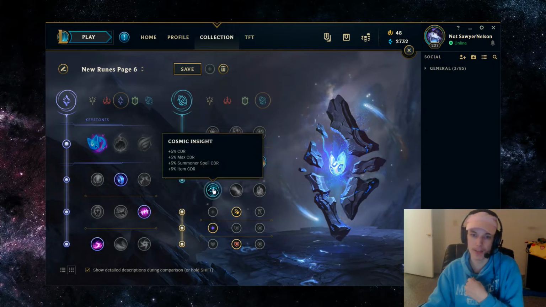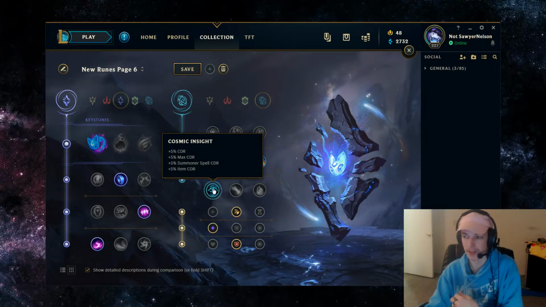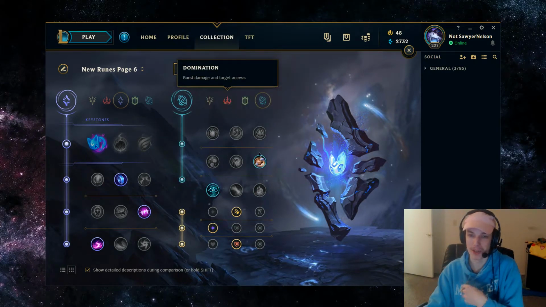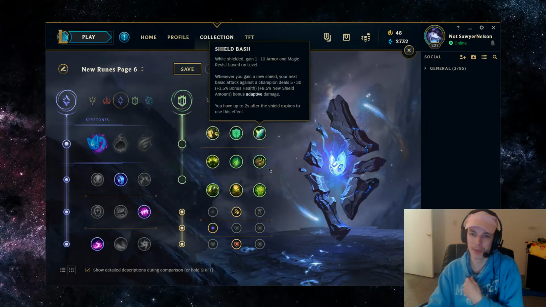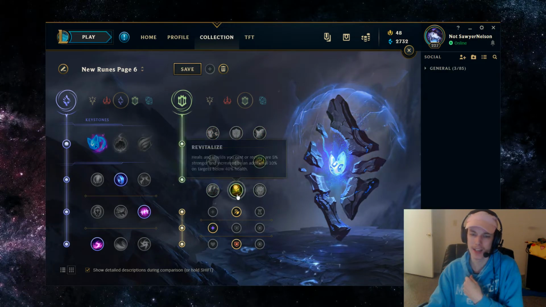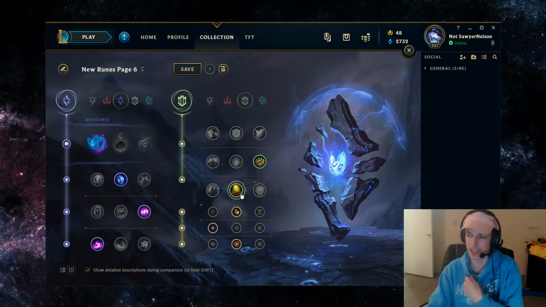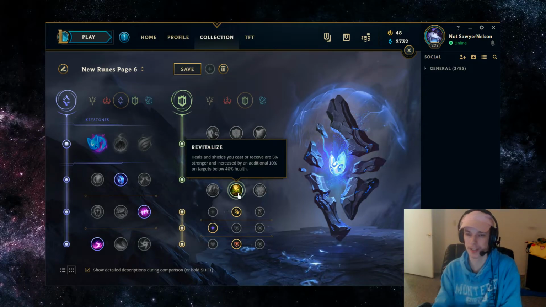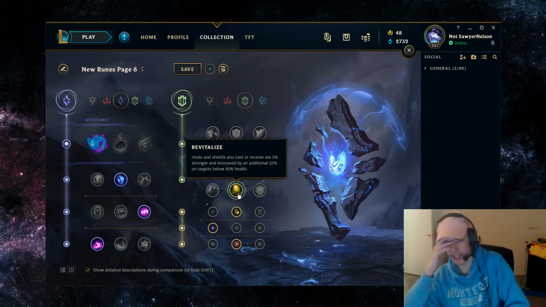And then the 5 CDR also isn't as good on Lulu as her cooldowns are longer anyway, so this 5 CDR isn't making or breaking anything. And then it doesn't outweigh the domination tree in my opinion. And then resolve secondary is even worse. Bone Plating and Revitalize. With Lulu, you only have a shield and then your ult. I don't even know if her ult counts as a heal like Zilean's ult, but with Revitalize, your heals and